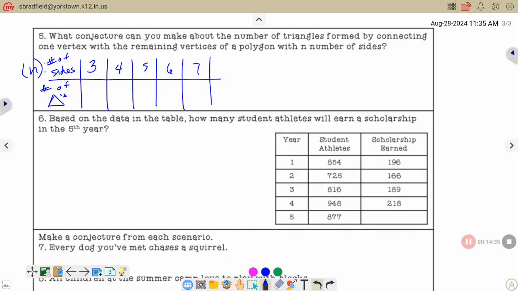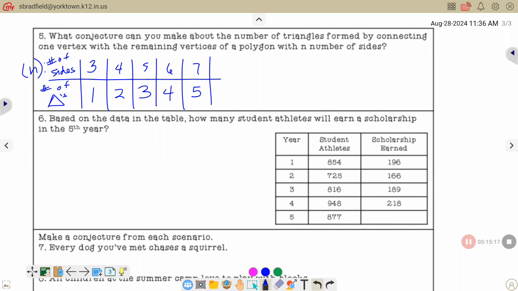When we had 3 sides, how many triangles did we have? 1. When we had 4 sides, how many triangles did it make? 2. And 5 sides? 3. 6 sides? 4. 7 sides? 5. And we know that 8 sides was 6. It's asking us what's the pattern here? What do we notice about what's given and the number of triangles? How could we figure out what happens? Bella? The amount of triangles goes up by 2,